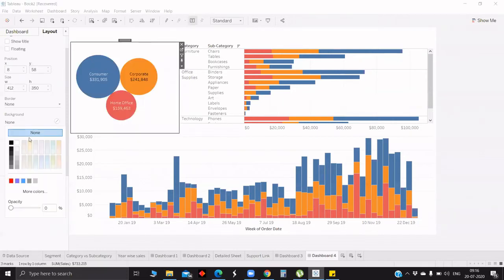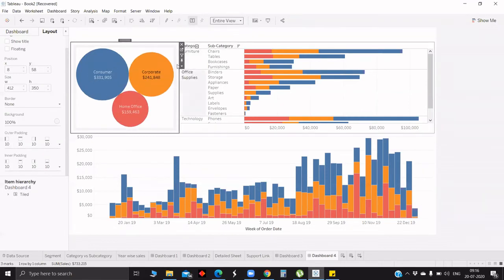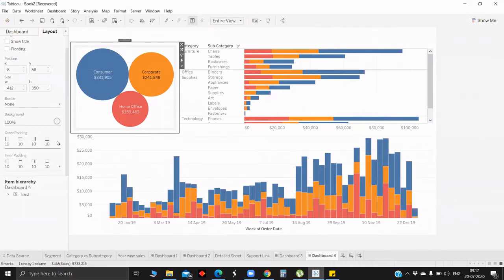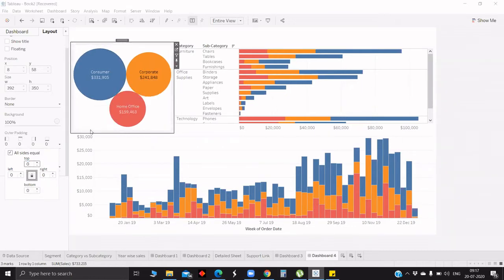And also we can select the background based on the inner padding we have given. Before giving the inner padding and outer padding, if you want it to be uniform on all sides, you have to give entire view. In that case you can see it uniform in all. We have given inner padding 10 and selected this background color, so we are able to see the chosen background in the inner padding alone. Also you can see a white space between the border and the inner padding, that is the outer padding you have selected. If we don't need any outer padding, if we give 0, the containers will be directly attached to the inner padding.